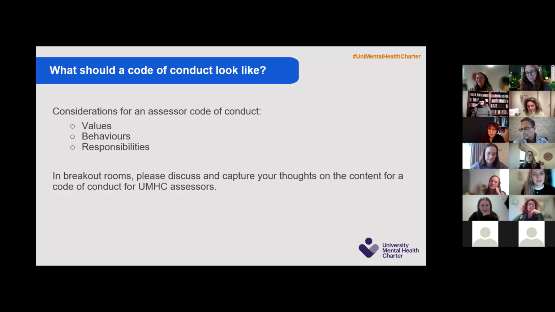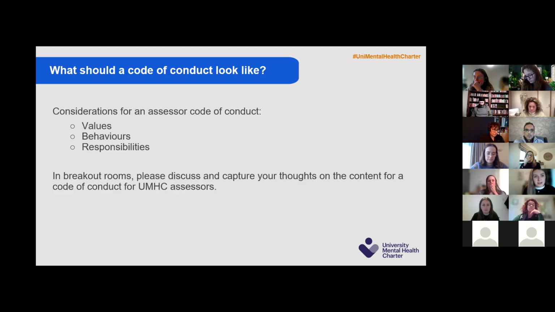So we'll just move on to next steps. Please continue to add anything to the chat panel. Particularly with this being the last session, if something just pops up, do drop us a line, because we're working on this iteratively, and these notes will be fed into the first draft that we created from the November session. We'll be collating all the session notes and any feedback from everybody, and we'll use that to feed into the code of conduct.